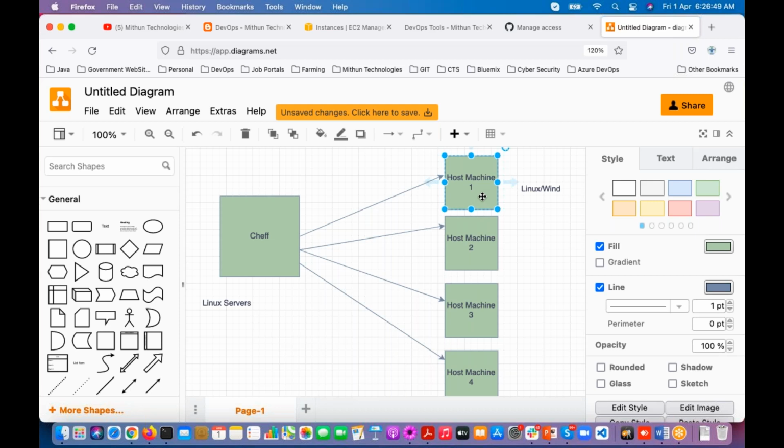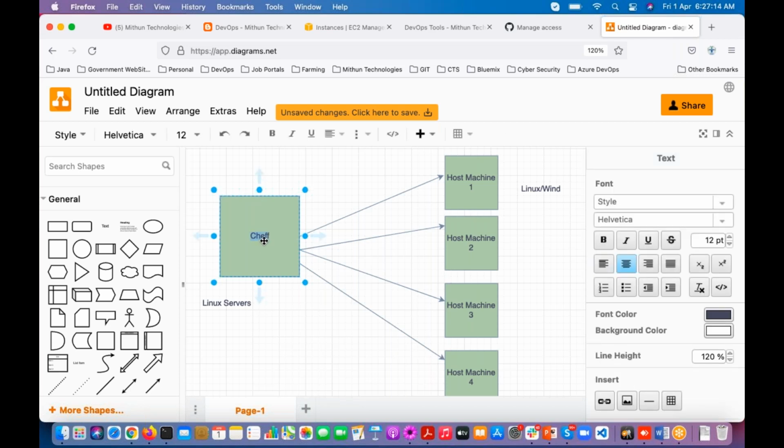Maven is a third party software. Tomcat. These are third party software. They are not going to allow us to install them. Then that time, is it possible to use this? No, it is not possible. Same with Puppet also. But if you use Ansible, you don't have to install any third party software in these host machines.